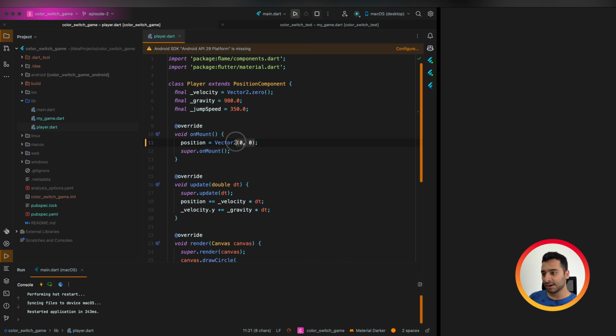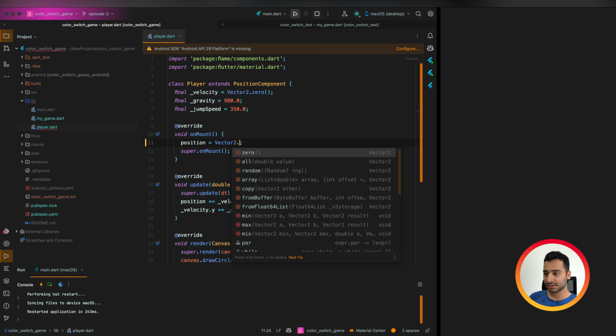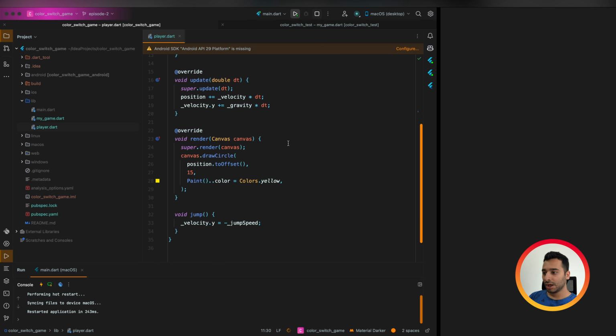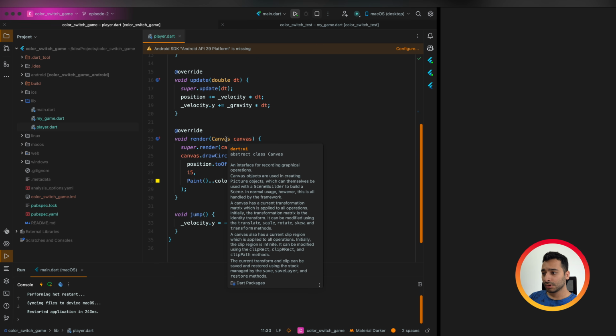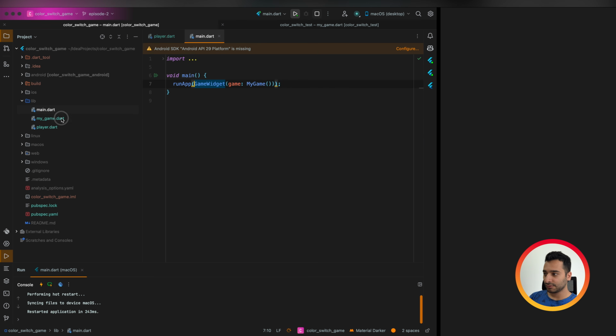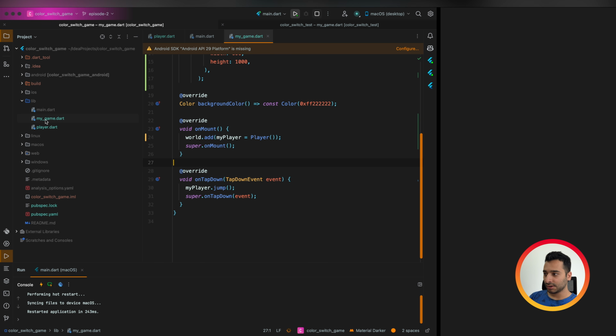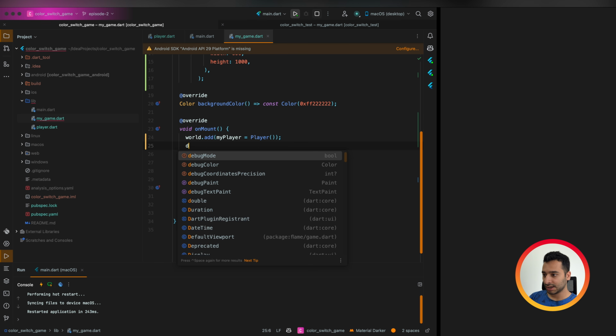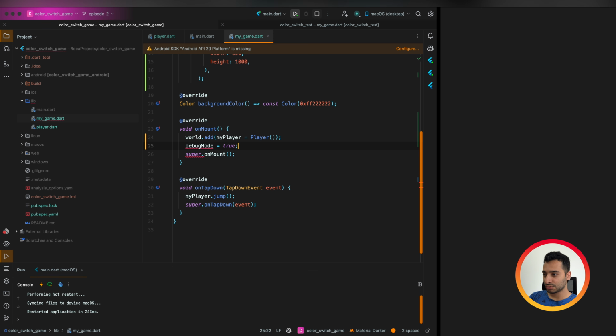At first, we can replace it with Vector2.zero, which is the same as the Vector2 constructor with 0 and 0 parameters. So this is the same. Okay, at first, let me introduce you to the debug mode. For example, in our game.onMount, we can say debugMode equals true. And when you run the app again, as you see, we have a